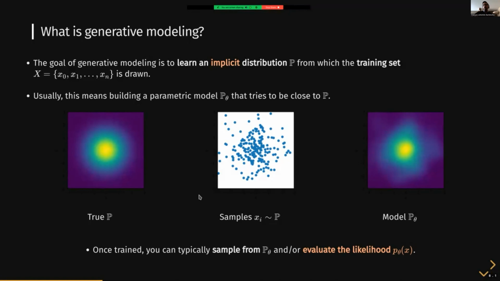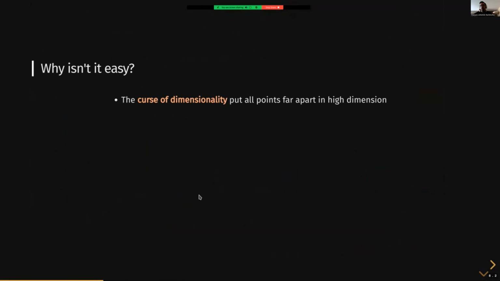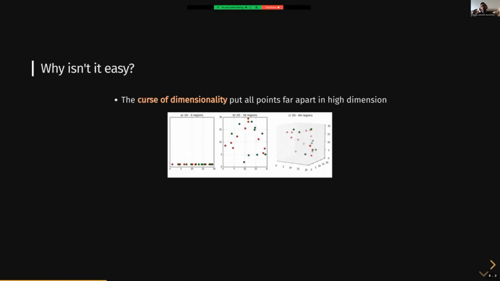So why did we need to wait until 2020, 2022 for talking about these deep generative models? Well, the reason is that trying to estimate densities is something that people have done for a long time now, but they were faced with this problem called the curse of dimensionality, which means that as you go towards higher and higher numbers of dimensions, it becomes harder and harder to learn some distribution. An easy visualization of this is, let's say that you have a fixed number of data points that you try to learn a distribution from.